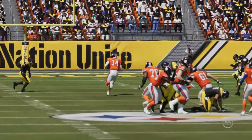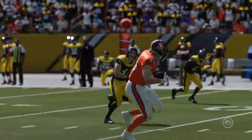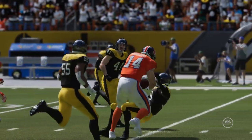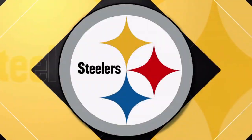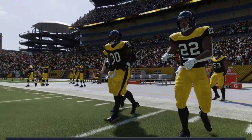There are two words that we hear coaches say all of the time. One starts with a B, one starts with an S. Ball security. And they preach it. They have it up in meeting rooms, right? You see the signs. They talk about it all the time. But still,